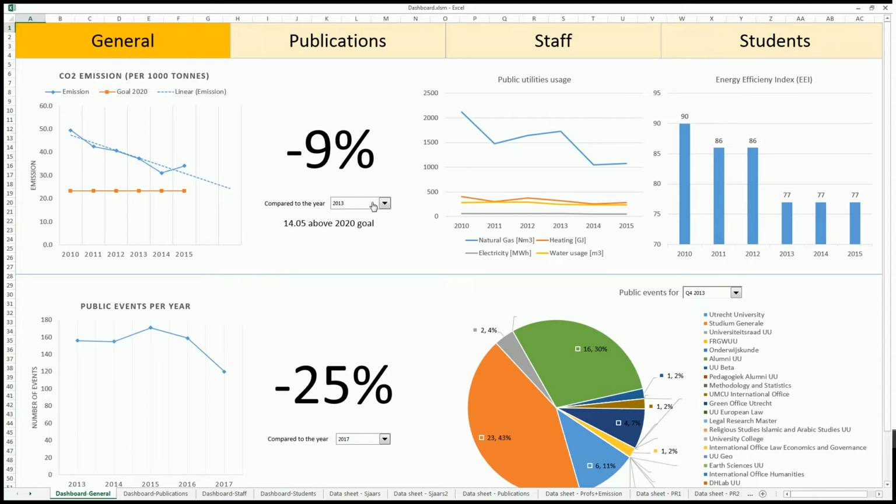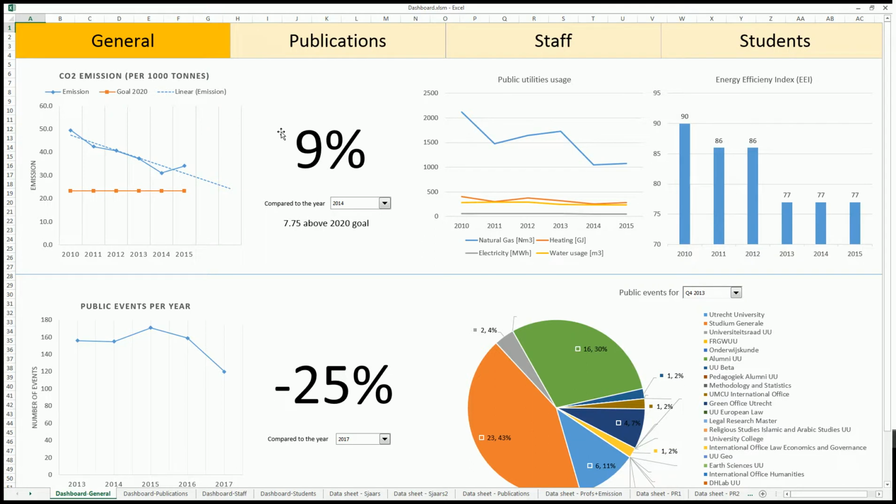We can compare the data of 2015 to all the previous years to see whether we have improved in 2015 or in 2014. As we can see, the CO2 emission in 2014 was 9% lower compared to 2015. This was because in 2015 it was considerably colder, so we had to heat the universities more, which resulted in